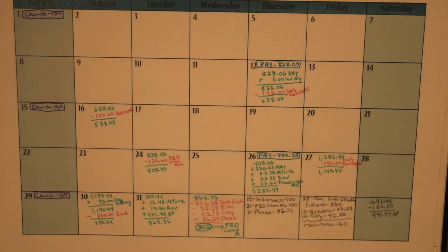And since I realized that PayPal was so quick, and MTurk actually paid out pretty quick too, I tried to go ahead and make a little bit more money with Rev and MTurk and see if I could get it deposited by the end of the month, and I was able to get them by the very last day. So MTurk, I got another $12.48. Rev, I got another $19.90, and then I got my boyfriend's amount for the bills, $491.94. This brought me to